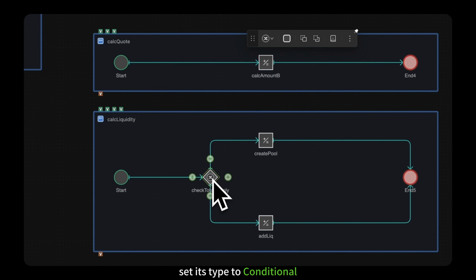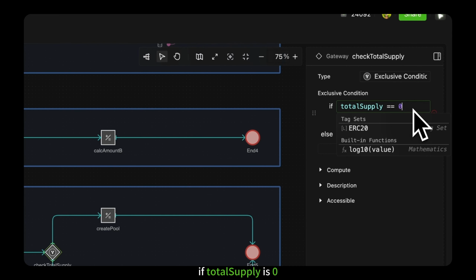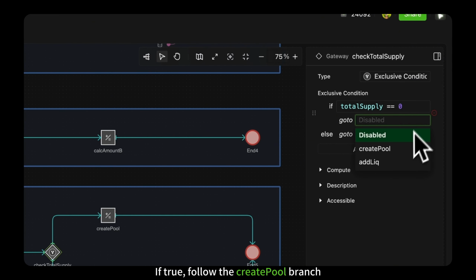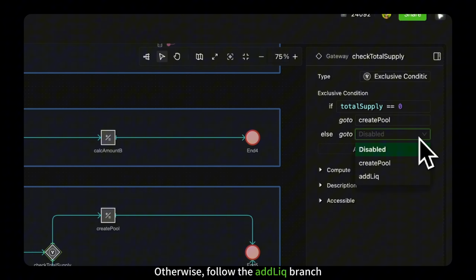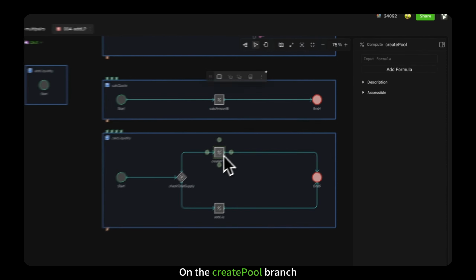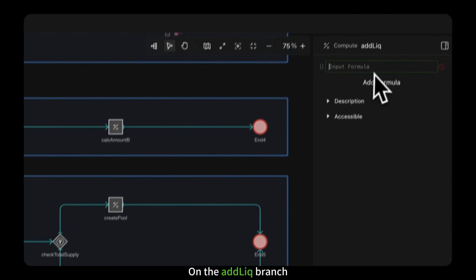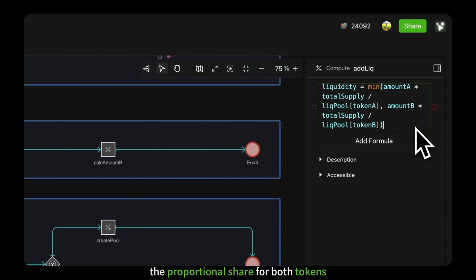For the gateway, set its type to conditional. Add the condition if total supply is 0. If true, follow the create pool branch. Otherwise, follow the addLiq branch. On the create pool branch, the formula will calculate liquidity as the square root of the product of the two deposit amounts. On the addLiq branch, the formula will calculate the proportional share for both tokens and take the minimum